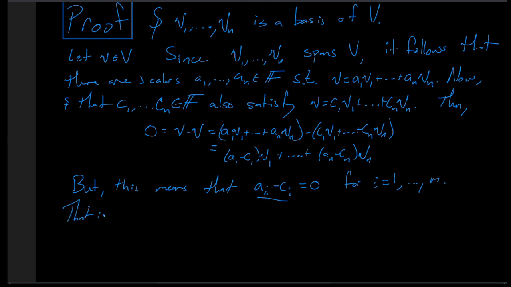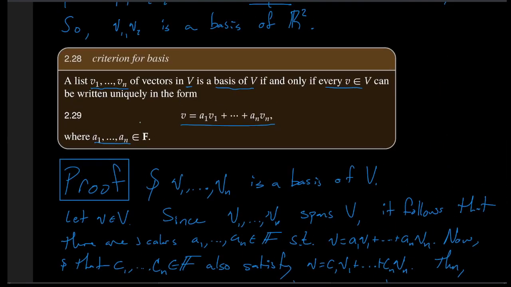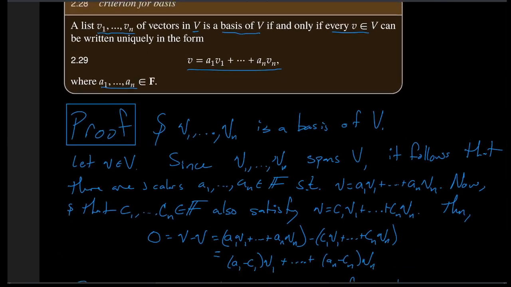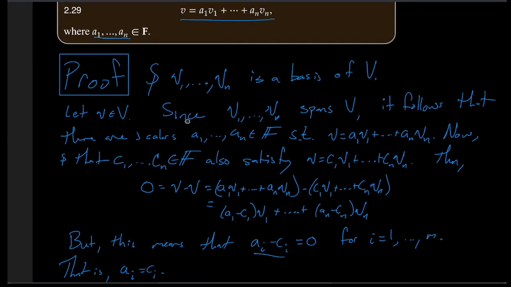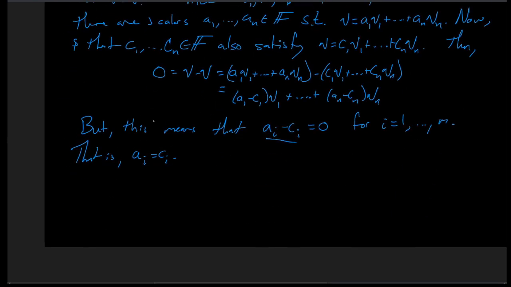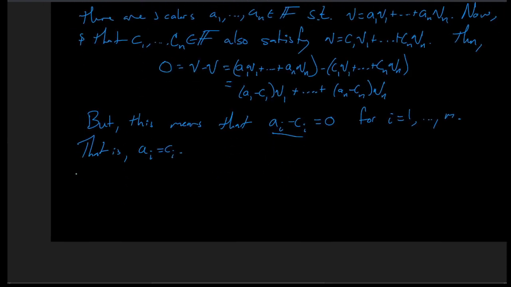That is a_i equals c_i. Oh, this told us that, hey, look, there is a unique way to write every vector as a linear combination of v1 through vn. That is, if you chose some other c's, oh look, they actually were the same. You couldn't choose other ones. You could only choose these ones. All right, nice. Now, in the reverse,